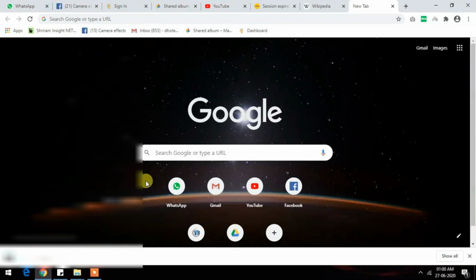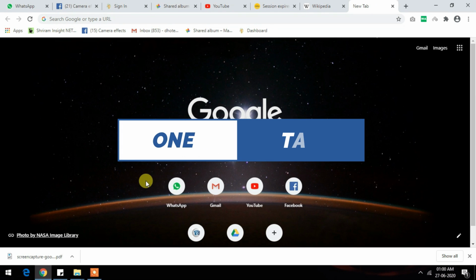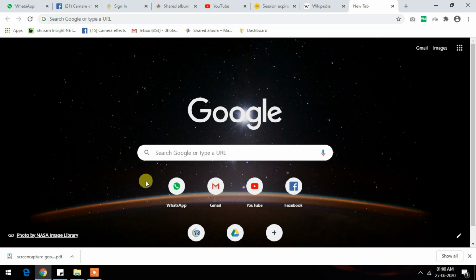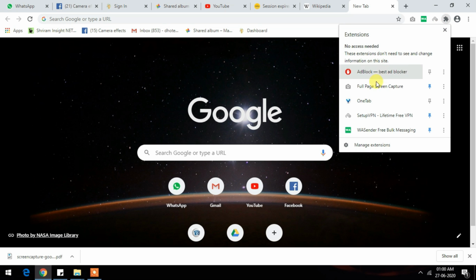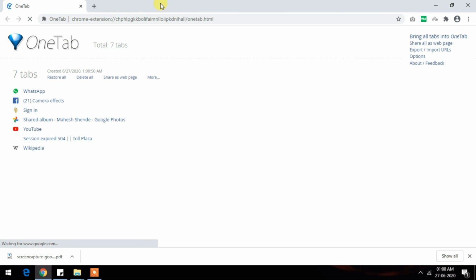add-on. The next add-on is OneTab. Surfing with different websites is a headache-full task. So for making this simple, we will see the next add-on, which is OneTab. It will just bring all of your pages into a single page. Here you can see now all of your tabs have been minimized to a single page.